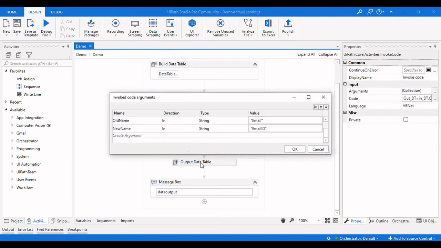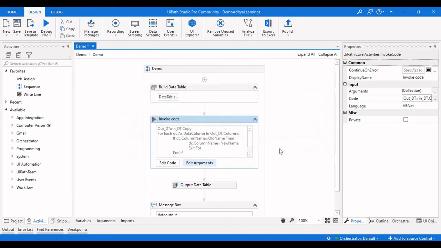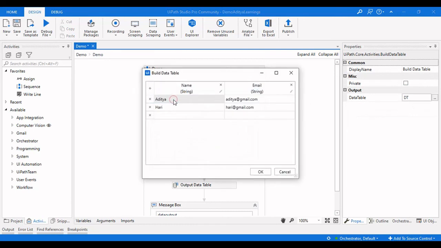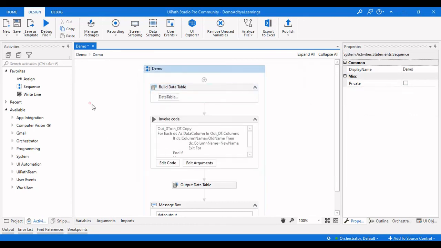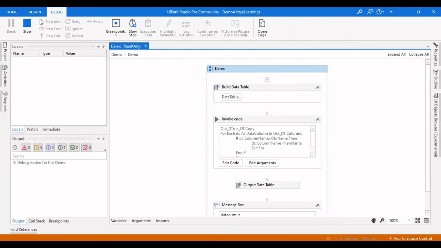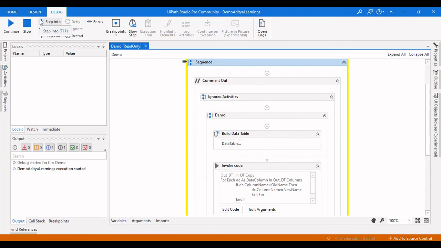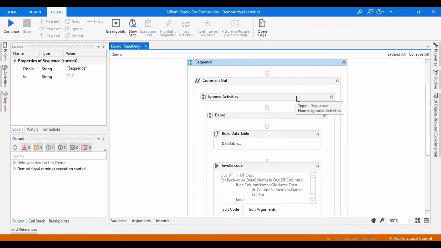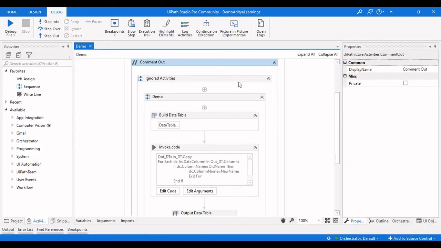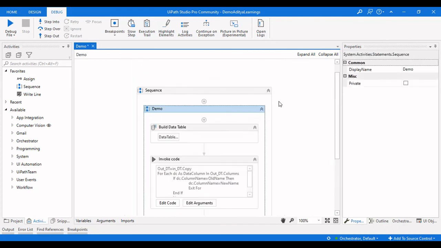So let us see what the issue is. This is dt. Let us debug this and see which step it is executing. It is commented here, so let us remove this.